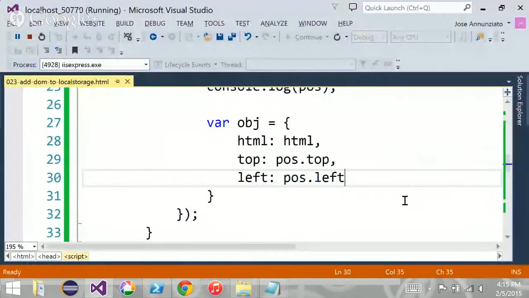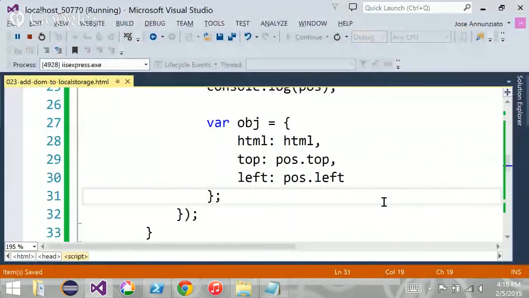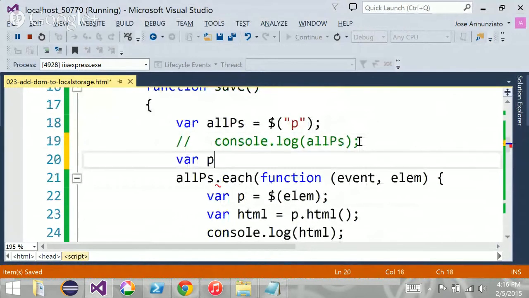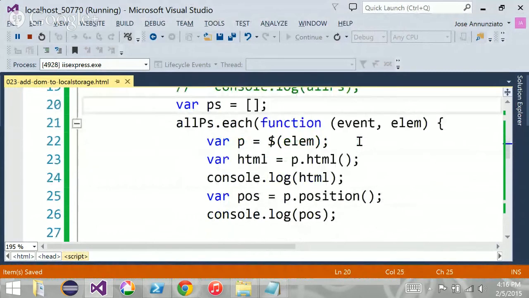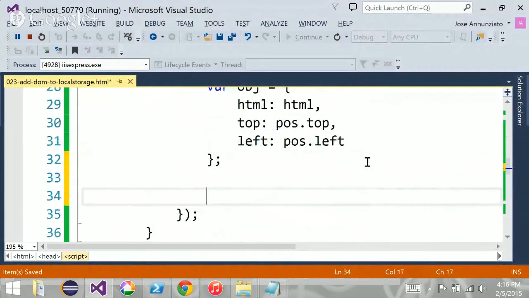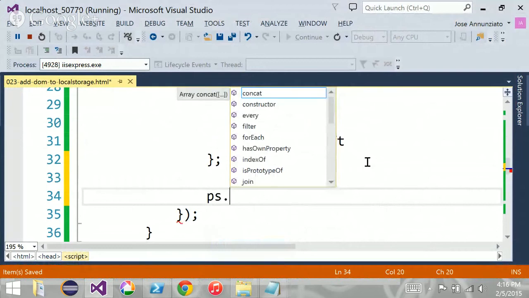Okay, so that's the object I would like to put in local storage, but it's not only one. There's a whole bunch of them. There could be several paragraphs. So I need to put this in an array. So let's put it here. Let's create an array with, say, var ps. It's an array of paragraphs, which is initially empty. And what I'm going to do is add these elements to the array. So I can say ps push